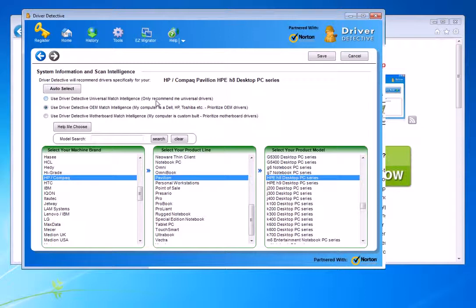Mine is one of the ones that was bought at a retailer. So I went ahead and clicked this, and then you basically select your machine brand, which mine's an HP, and then the product line of HP, which this particular desktop is a Pavilion. And when it searches for the drivers, it'll be able to customize it more to your computer. So once you do that,